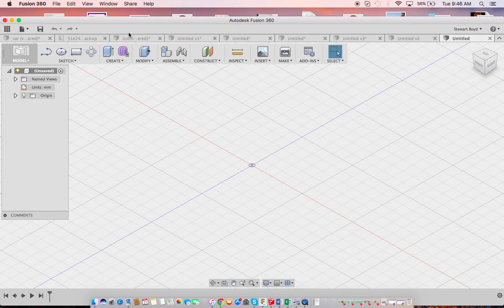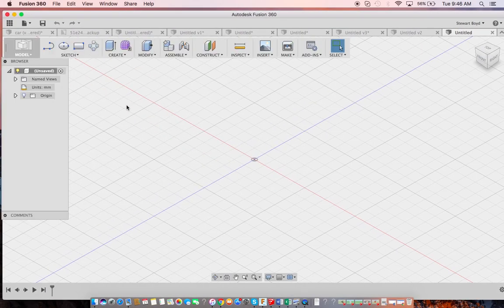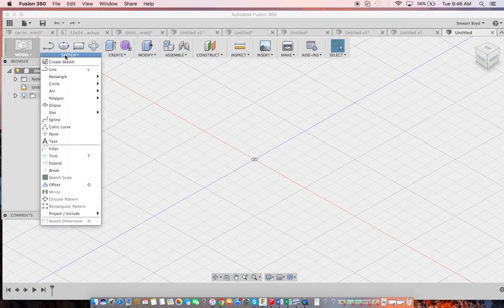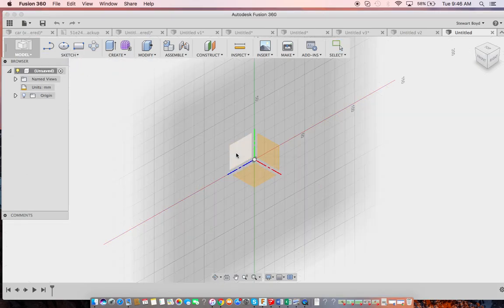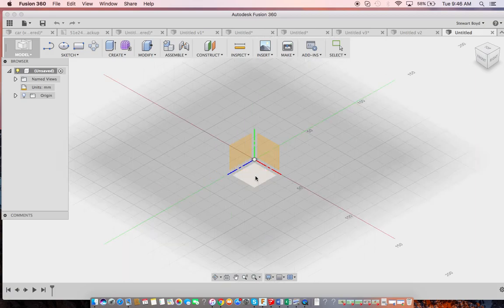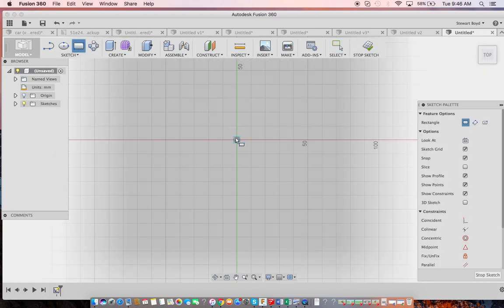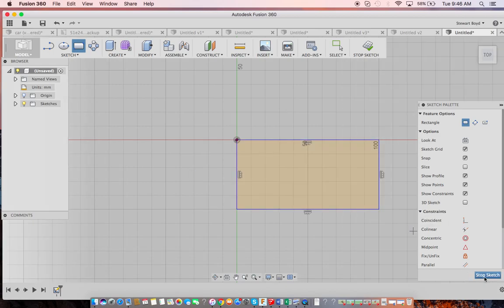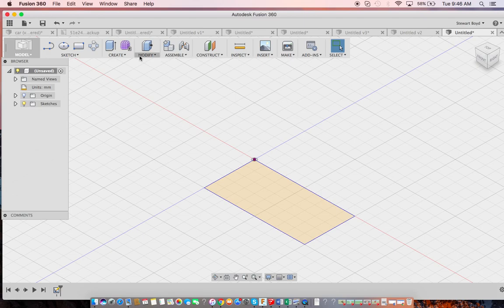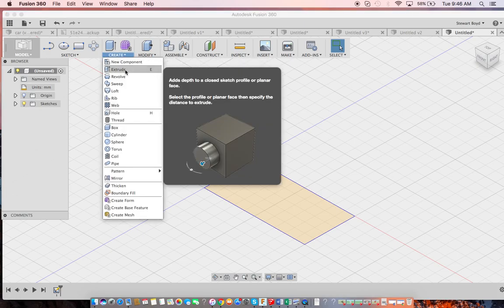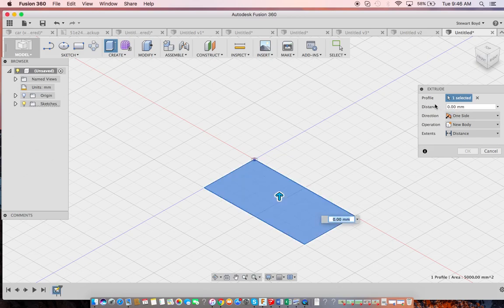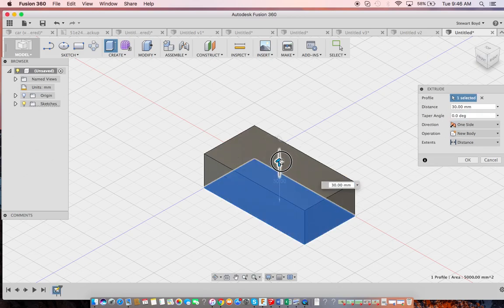I'm just going to go over some basics for a bird box. So I've got my browser bar open here, and first of all I'm going to create a sketch, and I'm going to do it on this surface here, on this plane. I'm going to create, first of all, a rectangular shape, stop the sketch, and then I'm going to extrude that shape, profile if you like. I'm going to raise that up,